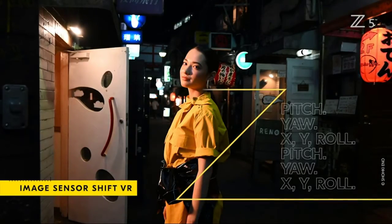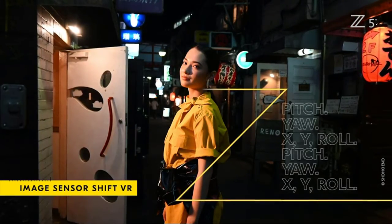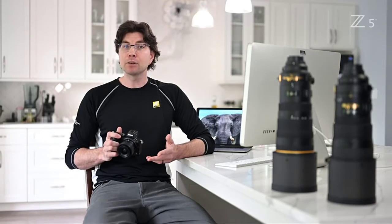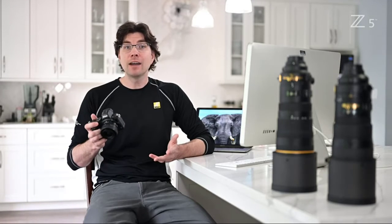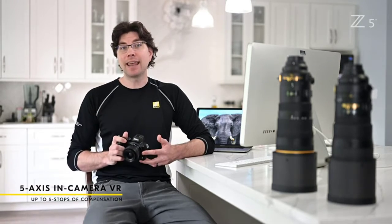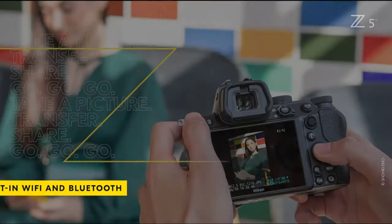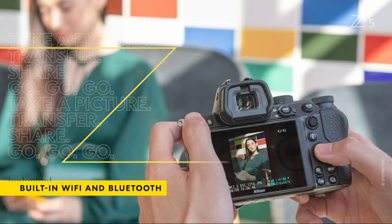Image sensor and VR. The Z7 and Z6 have gained a huge following, and the Z5 also has it. So combine that